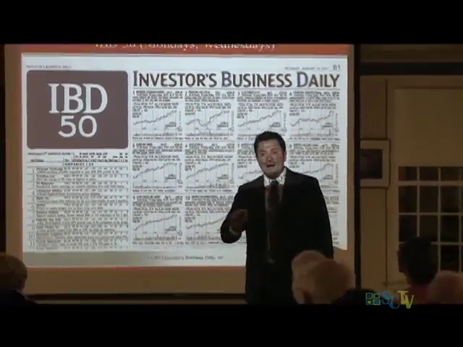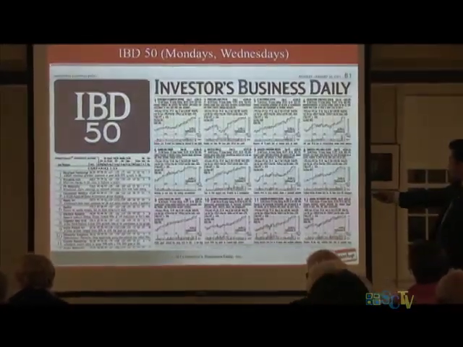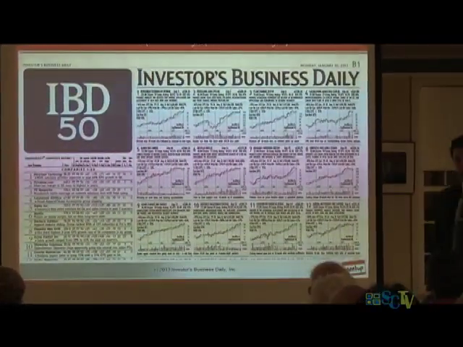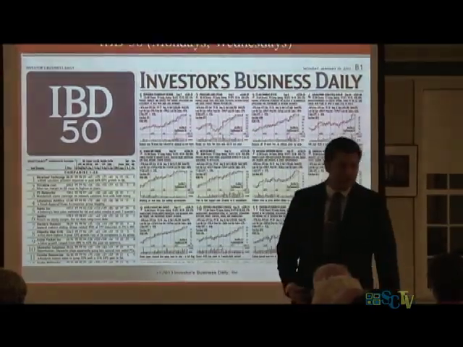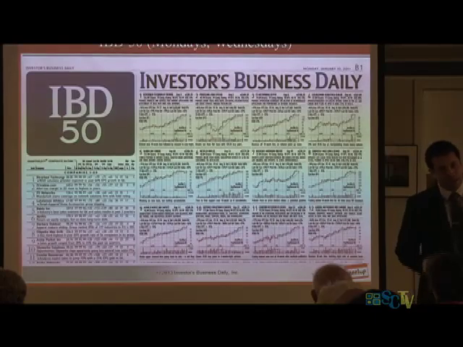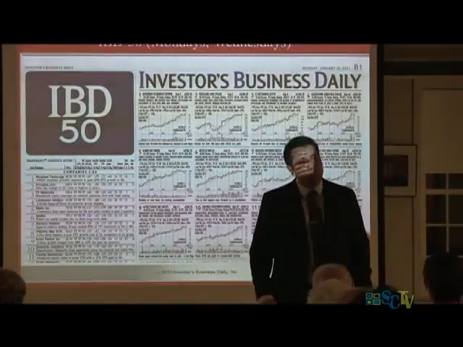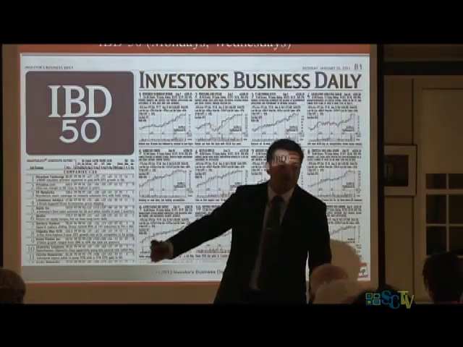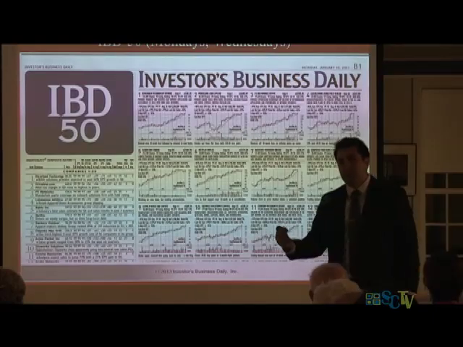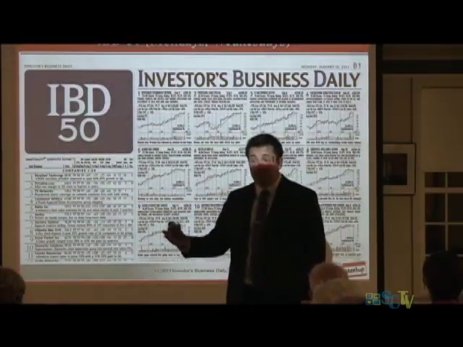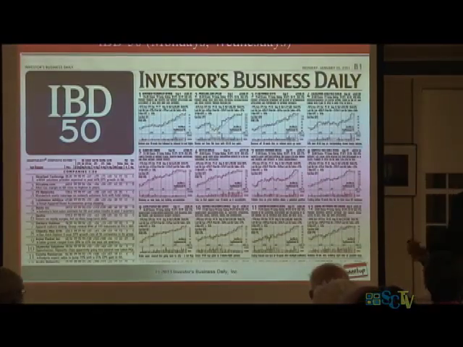Once you get in that top 25, forget about the number rankings, but instead read the analysis under each chart. Isolate the stocks that are near a buy point. Forget about the stocks that are extended. If you go to the top 25 and only find one stock, then you can dig deeper and go to the bottom half. But if you find enough in the top 25, maybe you avoid the second half of the list. That's something you can try. I do that because I don't like to look at too many stocks.